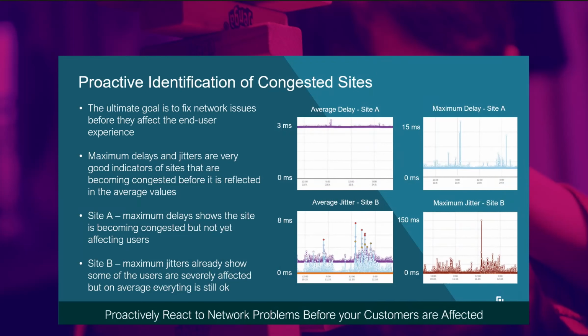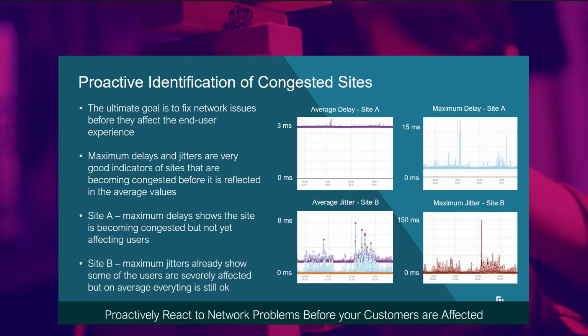And again, this links back to the video that we started with, because we have a lot of these microbursts. And I have two scenarios. Again, these are from real networks. This is real traffic, real measurements that we have done. And this is from one network where we identified two types of sites. So site A